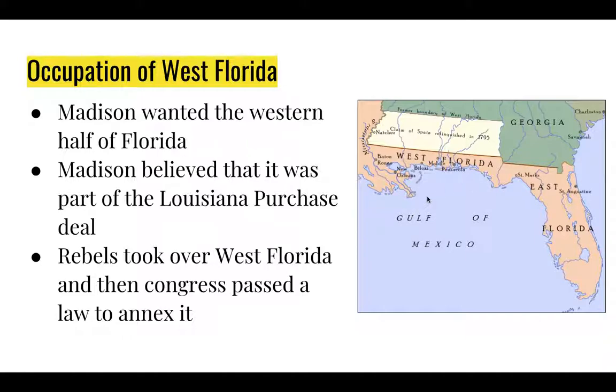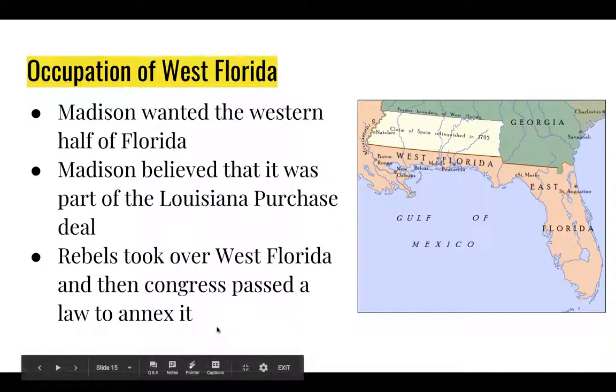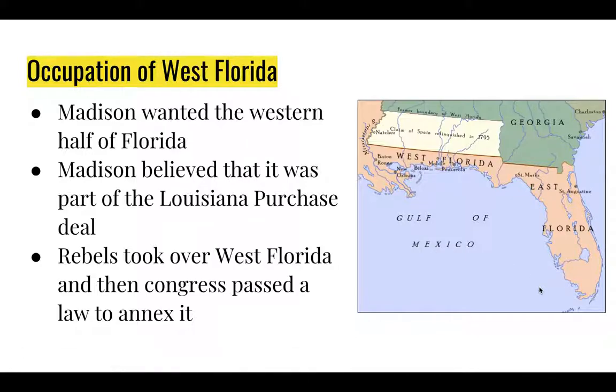Ultimately, Madison wouldn't do anything about it. A group of rebels, so people that just got together, grabbed some guns, and ran out into the woods, would take it over and kick all of the Native Americans out of this territory. And then ultimately, after they had control of it, Congress decided, well, we should make this official, and so they annexed it. Annex means to basically decide that something should be a part of the United States, and so you make a public announcement, and then it becomes part of it.